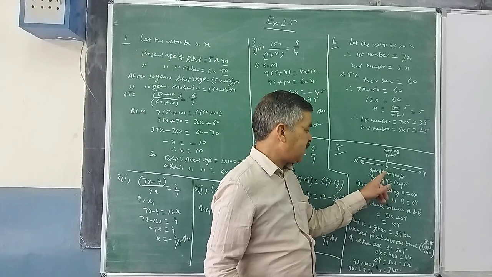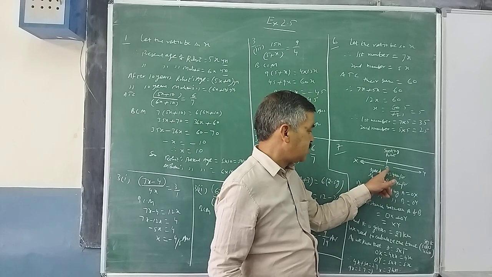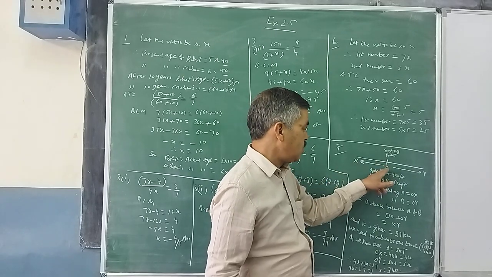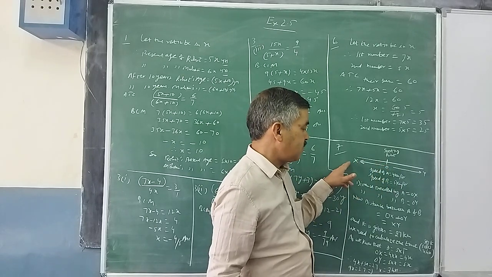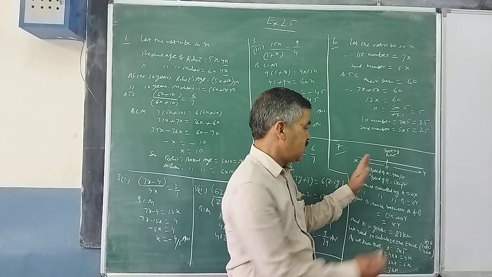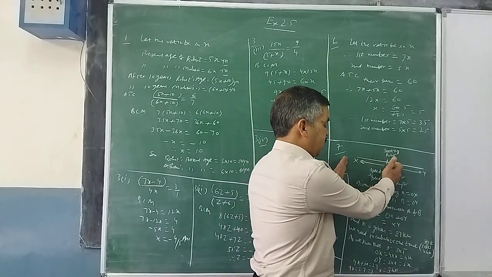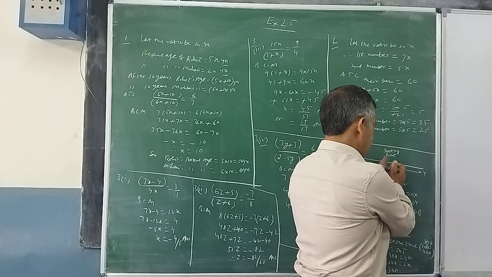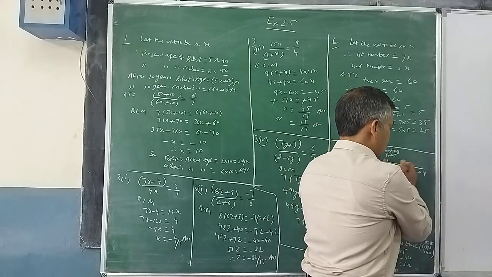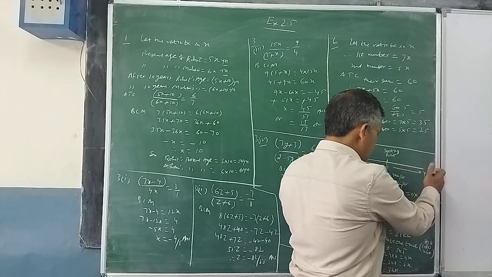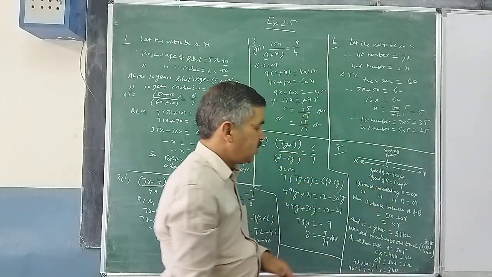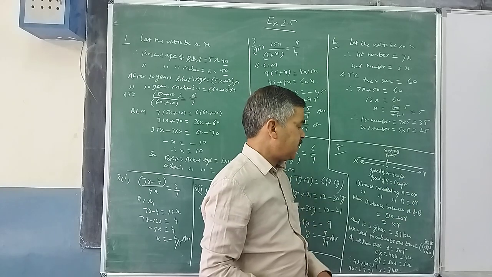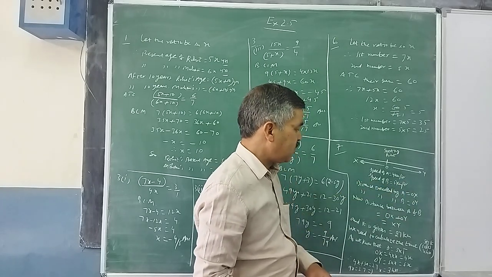Now it is given that they are traveling in opposite directions. So A is traveling from O towards the left, like this, and B from O to Y, towards the right. As it is given in the question, they are traveling opposite to each other. A's speed is 4 km per hour and B's is 5 km per hour.